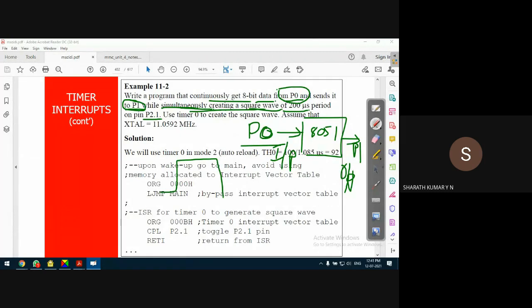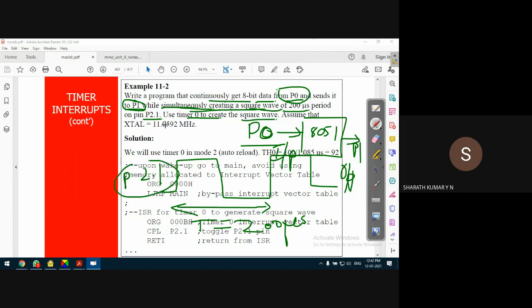It is generating a square wave whose total time period is 200 microseconds on P2.1. Use timer 0 to create the square wave at P2.1. Assume that the frequency is 11.0592 megahertz.